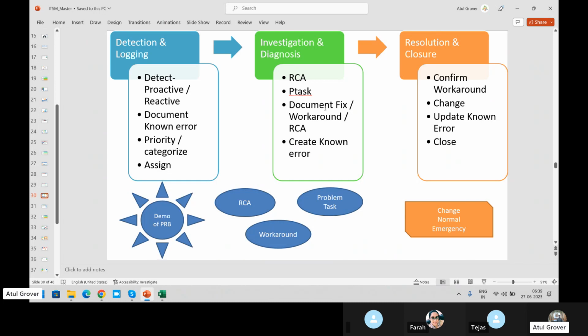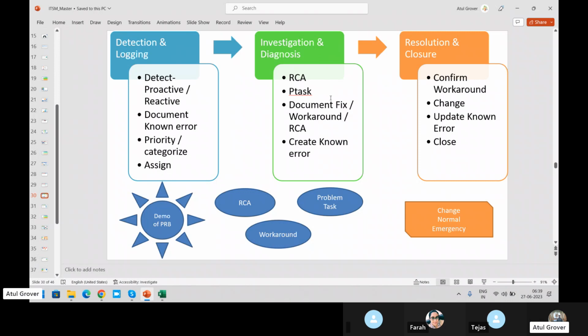In this part, we communicate the documentation, the workaround or the RCA: what happened, what was the reason, what is the workaround? Because a customer cannot wait 30 or 40 days to get the RCA. The customer needs a quick workaround. So whenever we raise or detect any problem record, log it, and in the investigation, first of all we try to find a workaround for the root cause. That is how I make sure services stay up and running. My user should not face any problem. I know there's a problem in the background, but for the time being, they should be able to access. I'll fix this problem very soon.